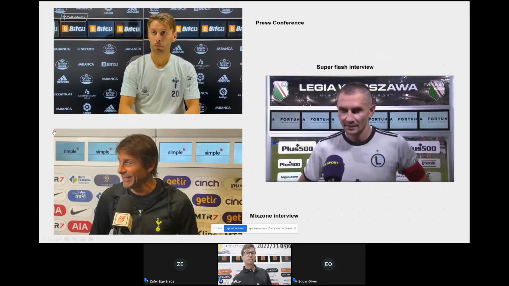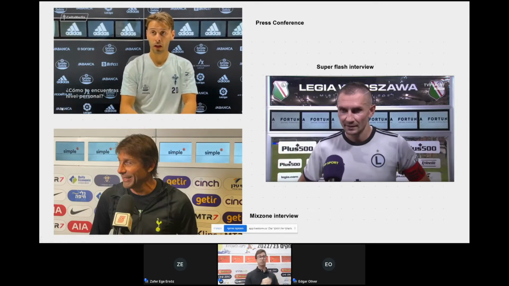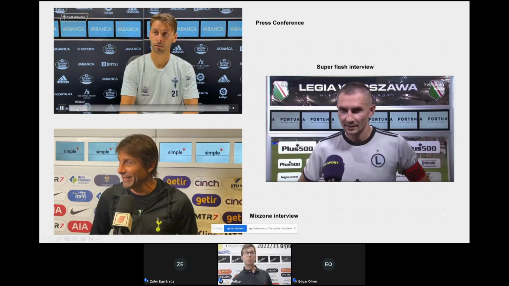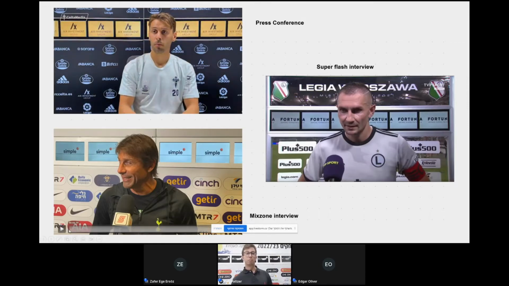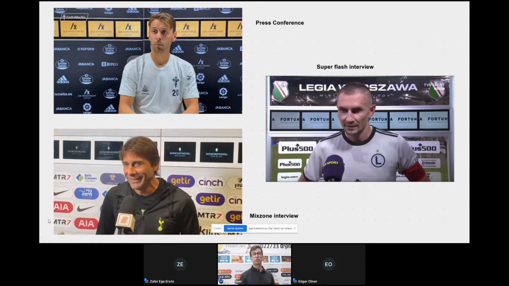Let's go over some examples from different sets that we have. So our press conference with Celta Vigo, as you can see, content can go from left to right, from right to left. Each screen can show one content, or all of them can show the same content. If we are talking about doing a campaign over all the screens, look what Finaro just did in the Tottenham game versus Roma. How they can just play with all the screens together.